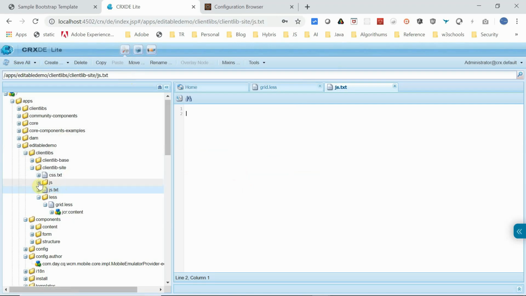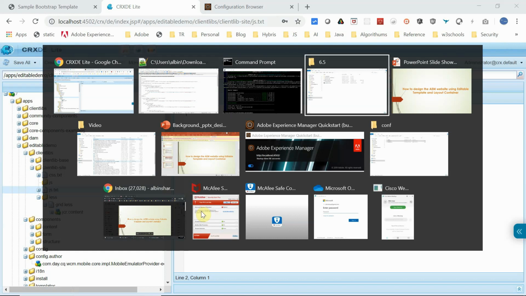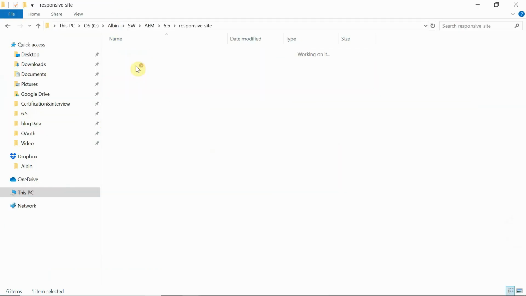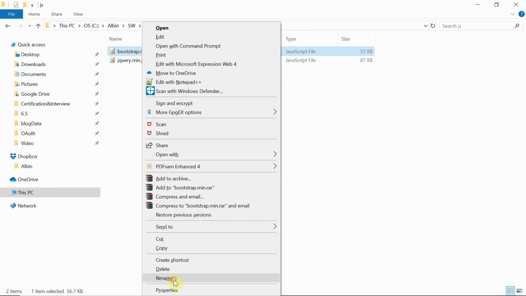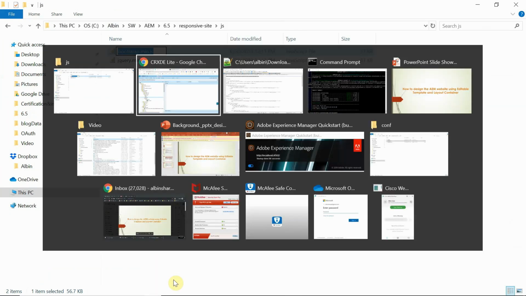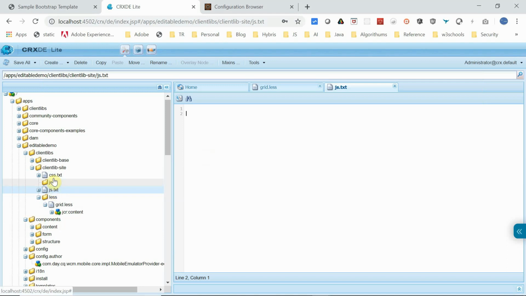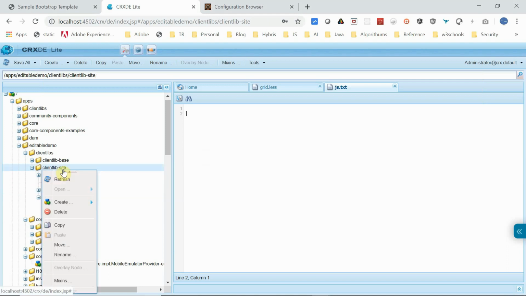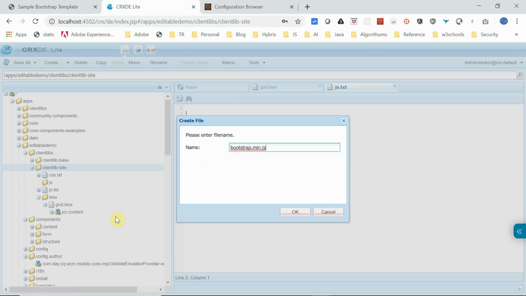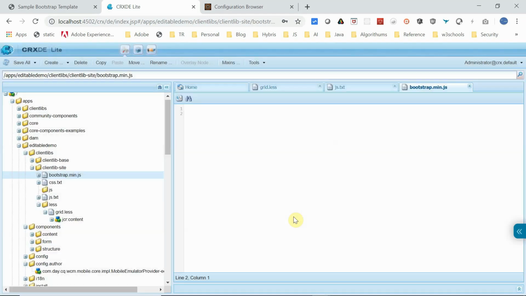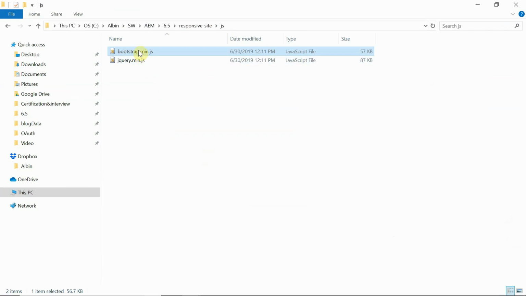Now under this js folder, create bootstrap.min.js. Let me create a new file here and copy paste this content.